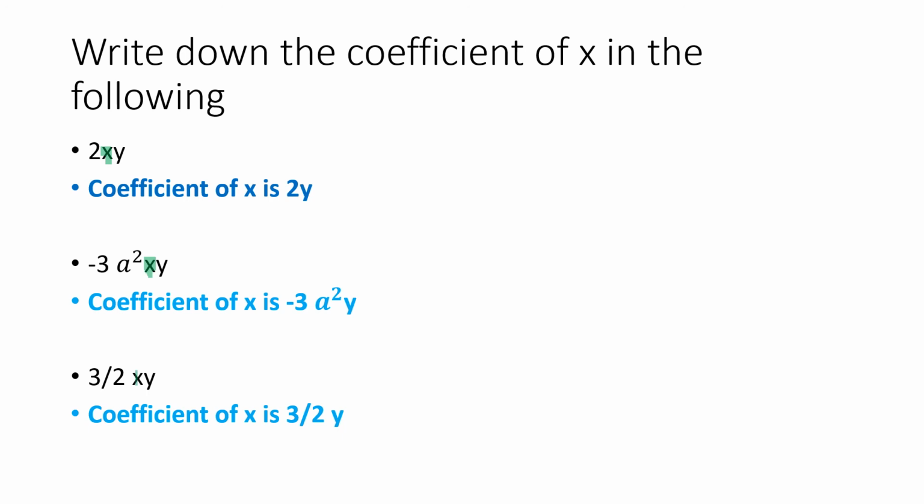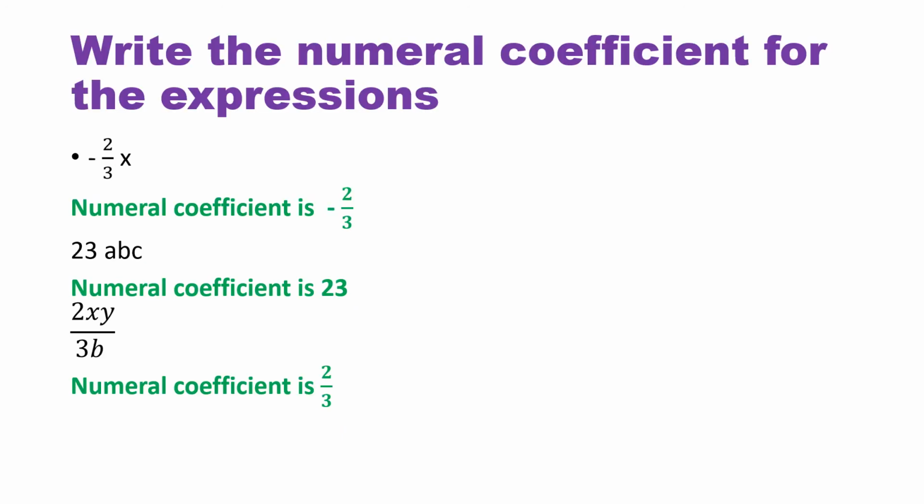Now here also remove the x. So you get 3 by 2y. So what is the coefficient of x? That is 3 by 2y. So very simple. If it was asked what is the coefficient of y, then you have to remove y and say 2x. Y you remove and you say minus 3a square x. So that is how it is done. Coefficient means whatever they say, x, you remove x and see who is with that in the term.